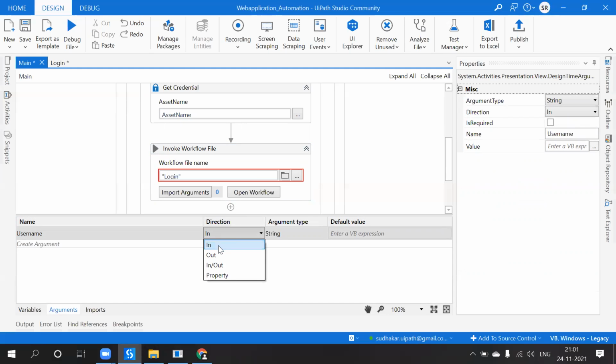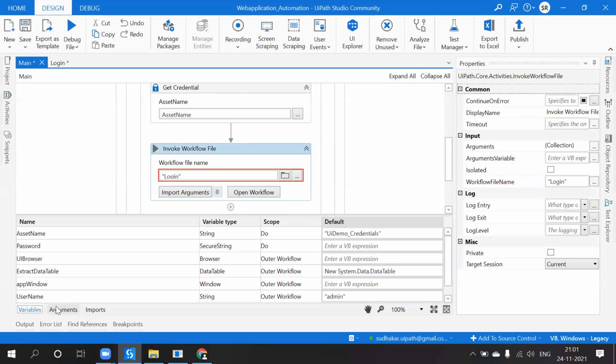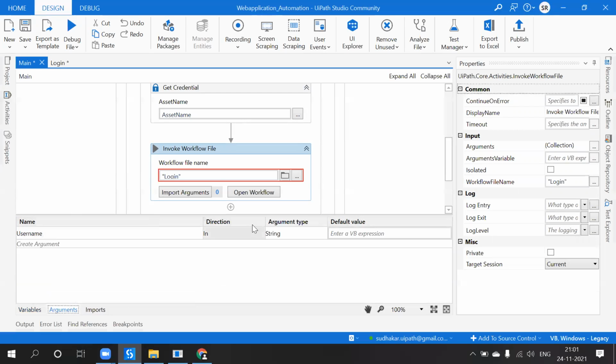We have in, out, in out, and property. So there are four types of values. By default it is selected as in, so according to our functionality we have to select the direction. So in, and what is this argument type? See, argument types will not change from variable to variable. All the types of the variables are the same.